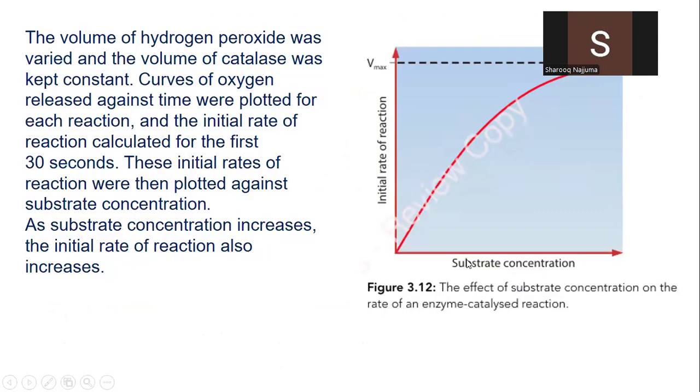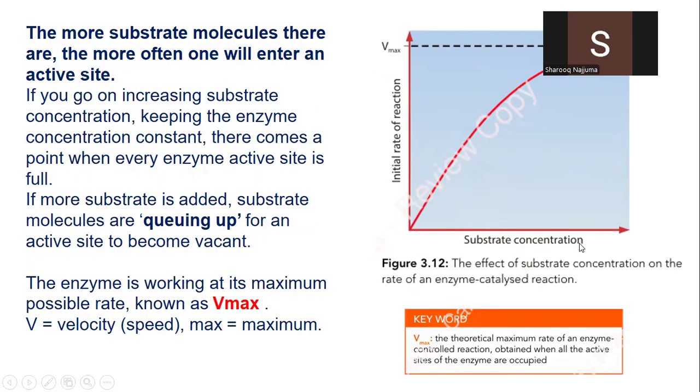Just in summary, remember that in this case, the concentration of hydrogen peroxide, which is the substrate, is the one that was being varied. And then the initial rate of reaction was measured. And we have seen that as substrate concentration increases, the rate of reaction also increases. And why is it that as substrate concentration increases, the rate of reaction also increases? Simply because the more substrate molecules available, the more they are going to enter into the active site,